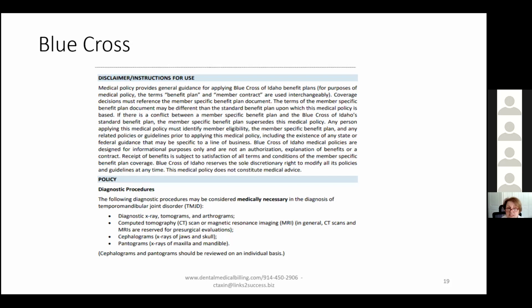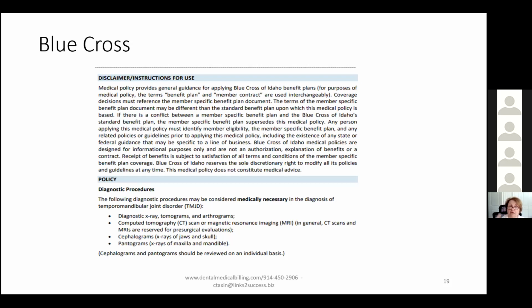Computed tomography scan, magnetic imaging are all pre-surgical evaluation tools. X-rays of jaws and skull, panograms, x-rays of maxillary and mandible, and they should be reviewed on an individual basis. It means, again, that we have to be documenting it,